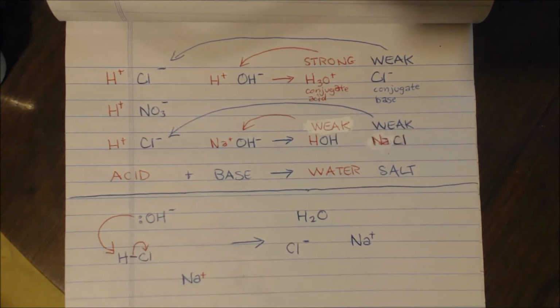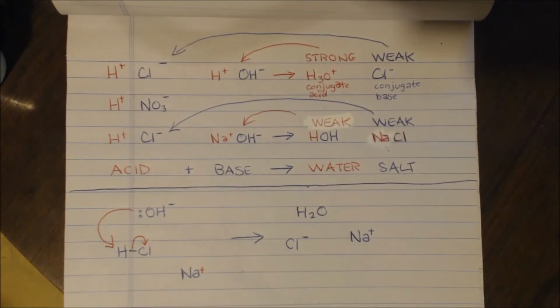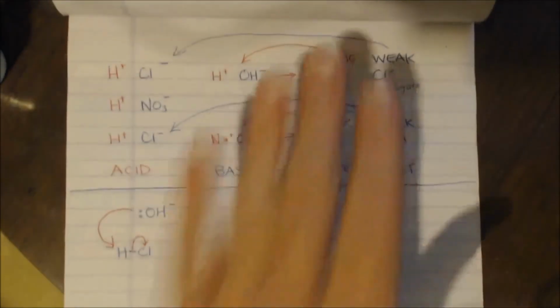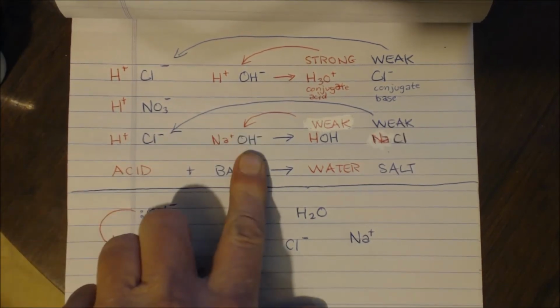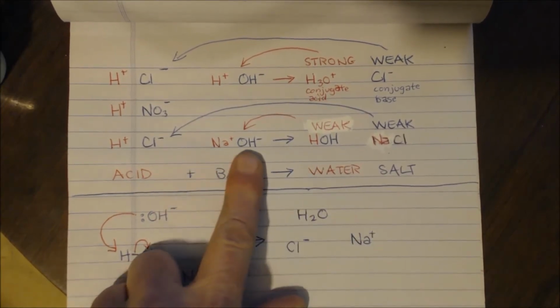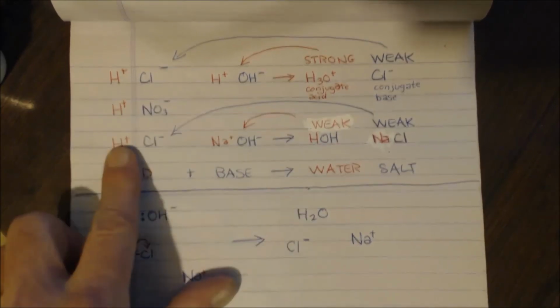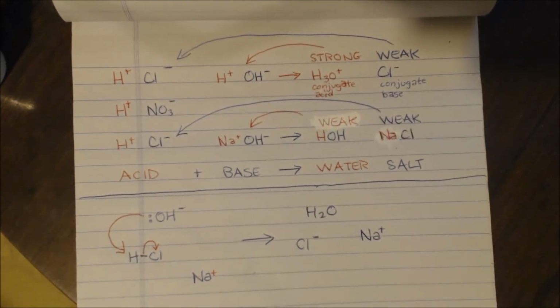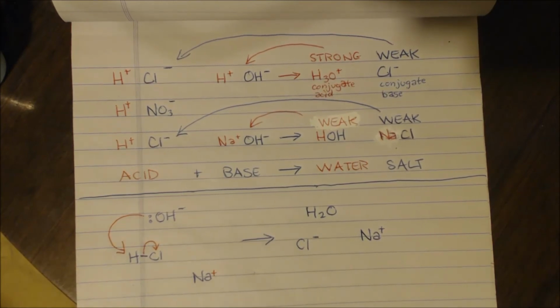And that's why I always say, and this is the type of acid I'm talking about, because there's 3 types of acids, but this one is the one where I say an acid and a base makes salt water. Because if you have an acid and a base, you're going to make salt water. See? Salt water. You're always going to have water because there's an OH and an H. That's the definition of the base having an OH, and the definition of the acid is having an H. So you're going to definitely have water. And whatever's left over will be the metal here and the non-metal there, which is a salt.